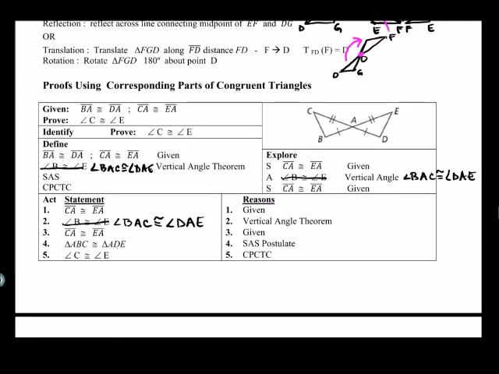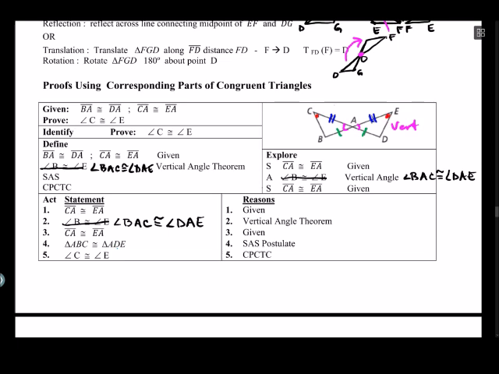Now let's look at using side angle side and CPCTC in a proof. So we look at our figure here, and we are given these two segments, and our good friend the vertical angle theorem will give us an angle, and that happens to be our included angle. Apparently I didn't edit this entire sheet, so fix your angle pairs here. So in our define, we're given our two sides. We use vertical angles to get our congruent angles there in the middle, and I see side angle side when I do that. Now we want to prove